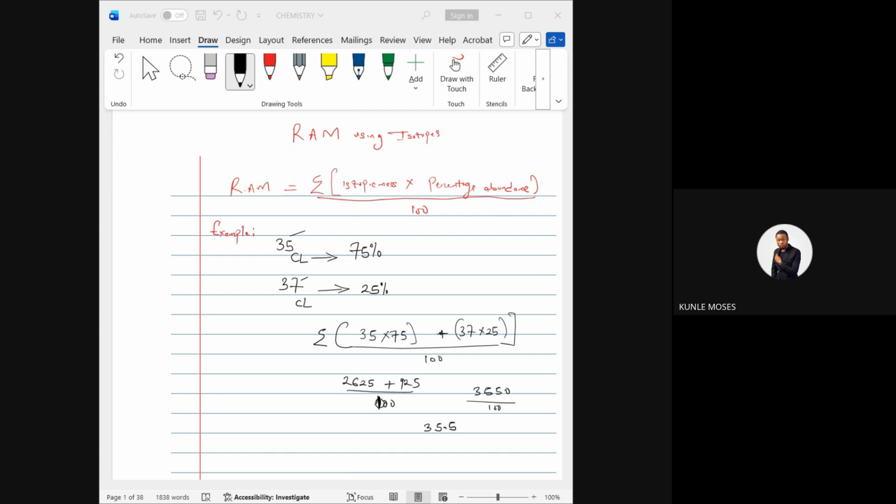that one you should know offhand. But if you don't know, you have to find it yourself. You should know the relative atomic mass of every element, especially the first 20 elements in the periodic table. Know their relative atomic mass. There's a cheat behind it. For the elements with even atomic numbers, you just multiply the atomic number by 2.